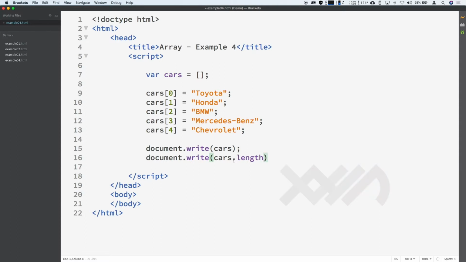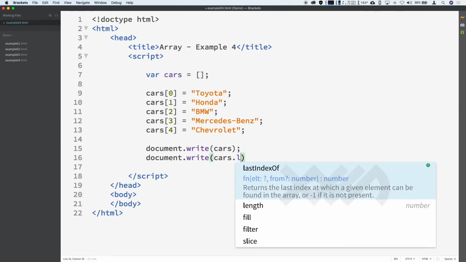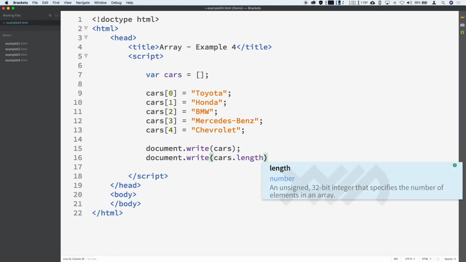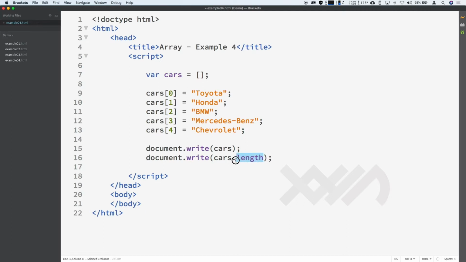Actually, it's more like the index of the last item plus 1. In many references, even brackets said it itself, dot length gives you the number of elements. That's not entirely true, as you would also see in javascript.info, because with cars.length,